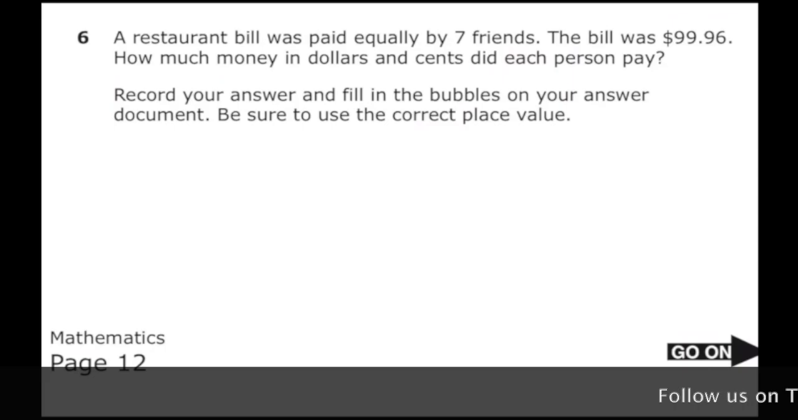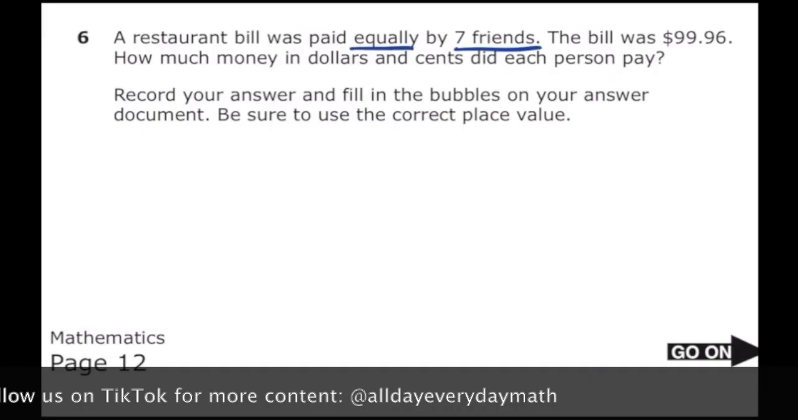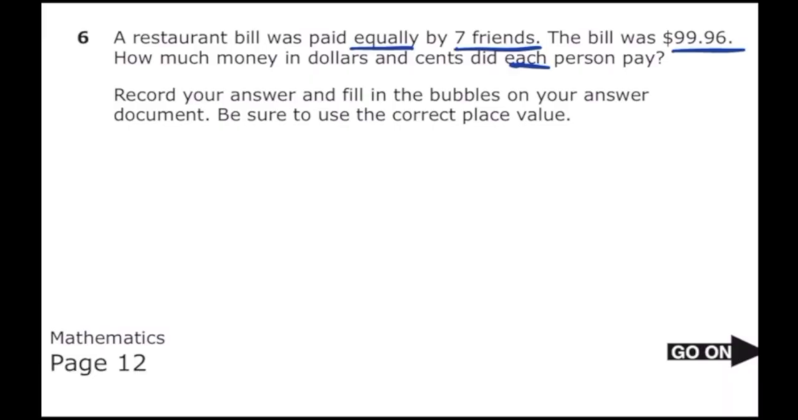This is number 6 from the 2022 5th grade math STAAR test. A restaurant bill was paid equally by 7 friends. The bill was $99.96. How much money in dollars and cents did each person pay? So since it was paid equally by 7 friends, we know we're going to divide, and so we're going to